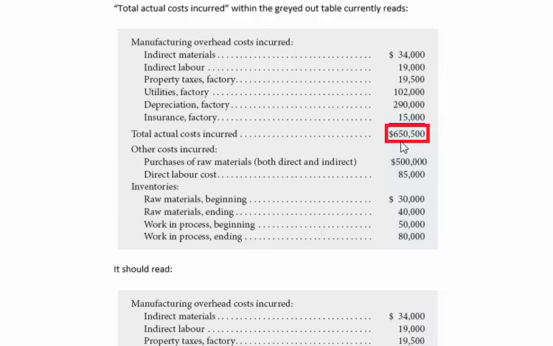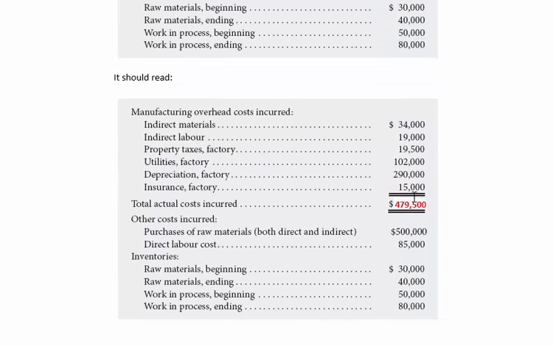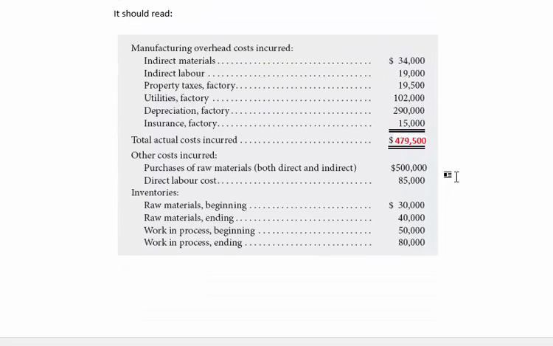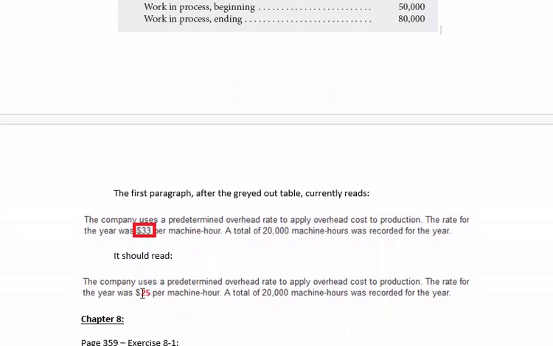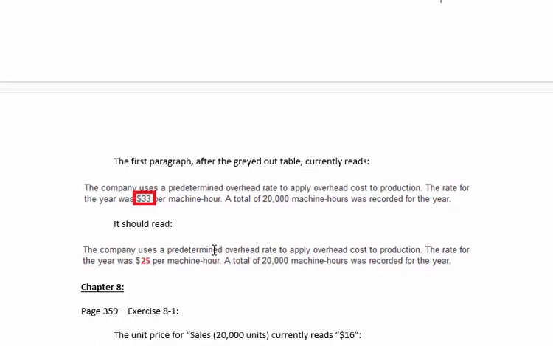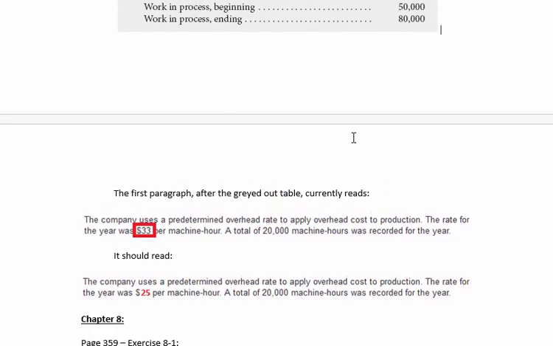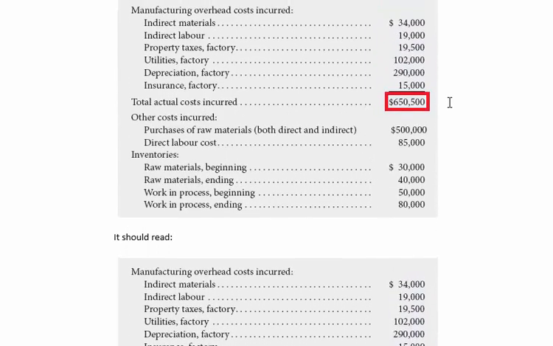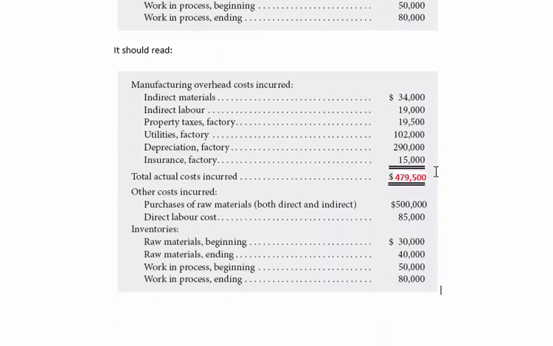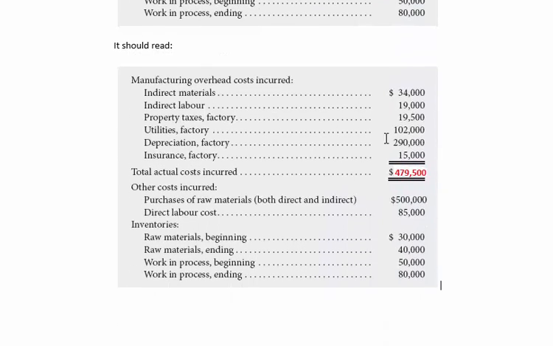So where the problem shows 650,500, it should actually read 479,500, and where it shows $33 per machine hour, it should actually be $25 per machine hour. So these are corrections to the problem in the text, and please note that my solution is going to be based on the corrected numbers, not on the old uncorrected ones. All right, so with that out of the way, we're looking at the